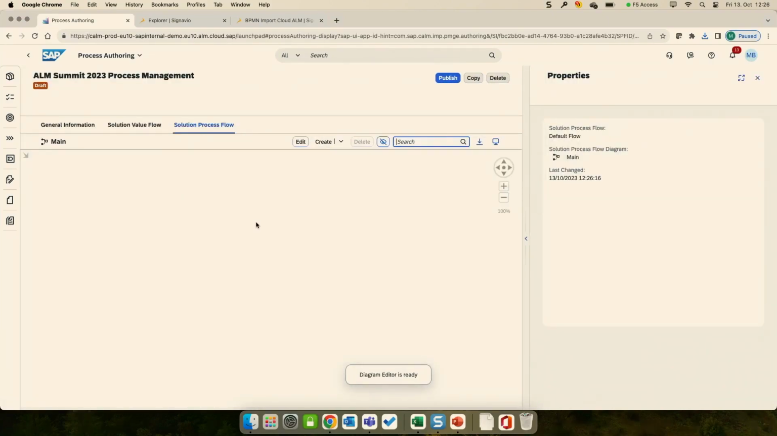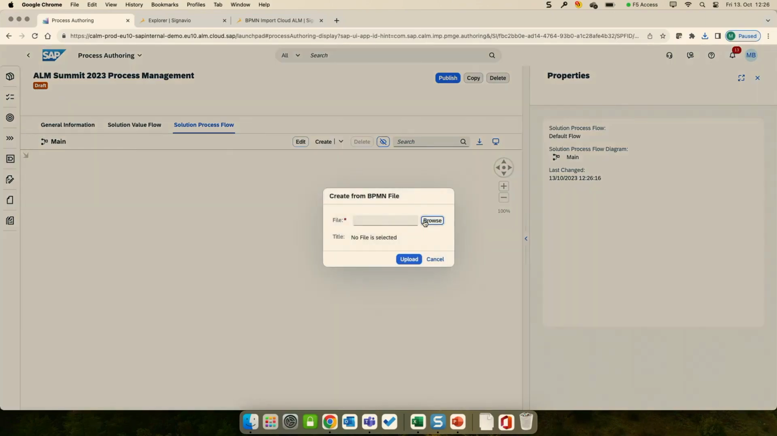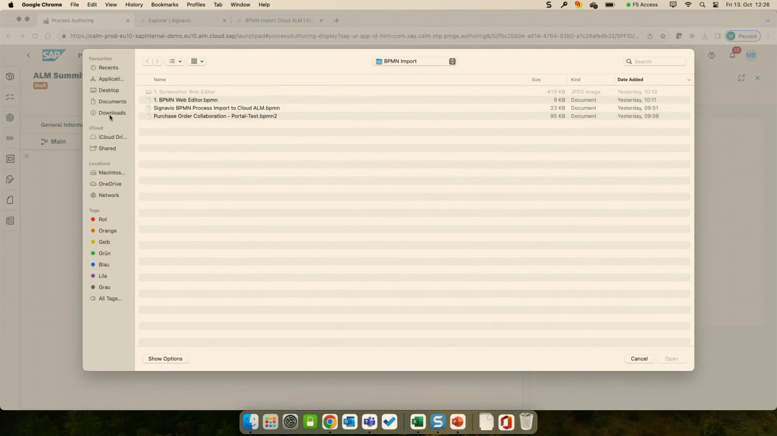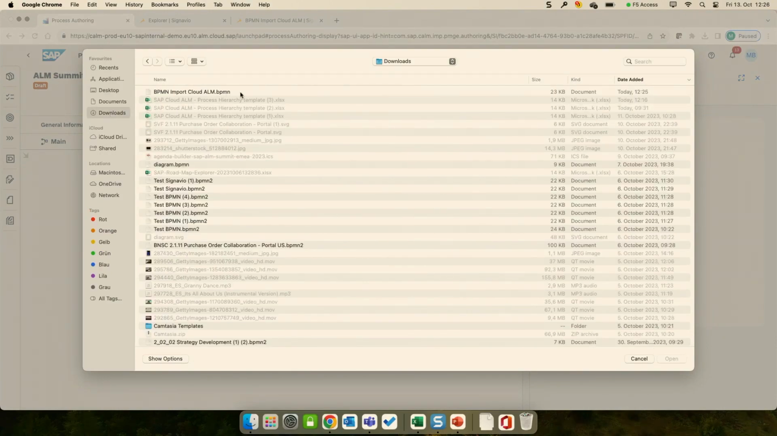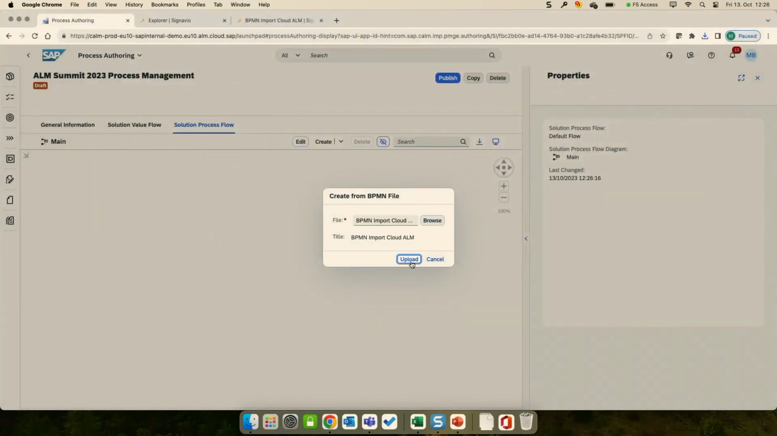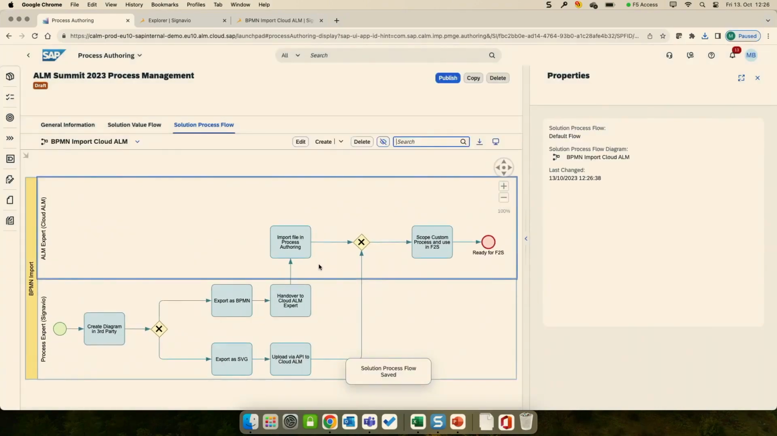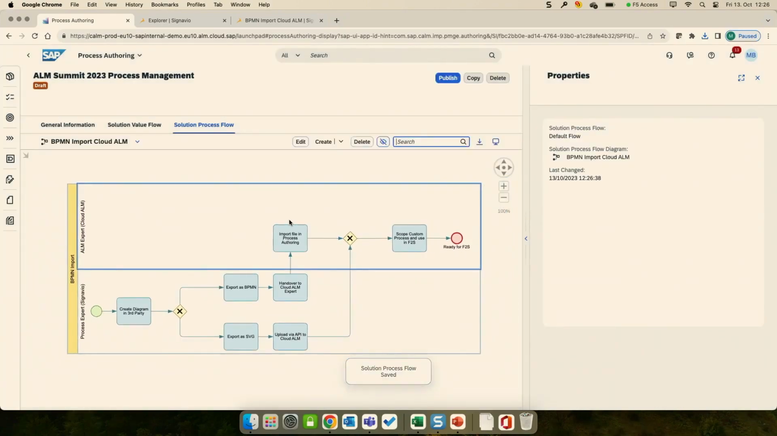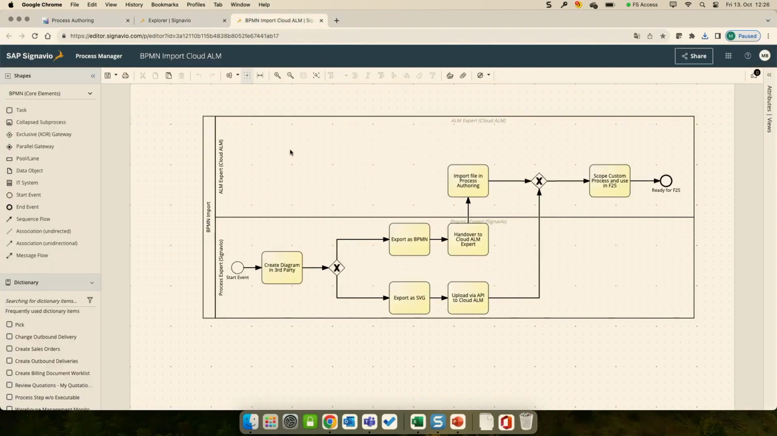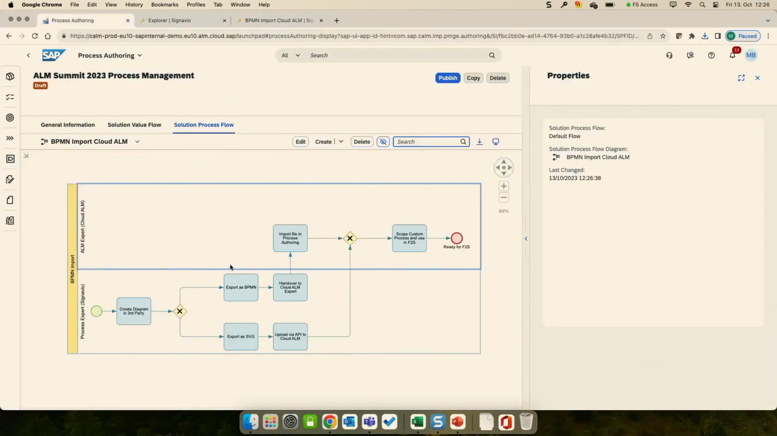And if we are now here in the solution process flow, for sure it's just a new created custom process. So yeah, there is no BPMN or something like that available. We can easily click here, create from BPMN file. And now I go here to my downloads, and yeah, it is there. That's nice. The just downloaded BPMN. So as you can see, it's the same one as we had here in the Signavio, easily just uploaded here